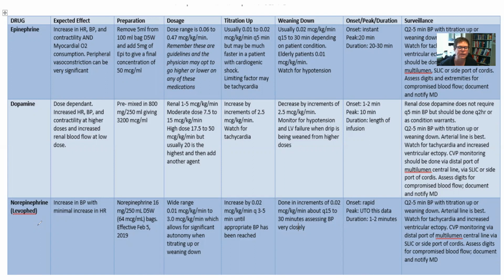And so I want to get you familiar with the name of this drug. I really quite like this drug. It is a nice vasopressor. So when someone says, my patient is on a vasopressor, the first thing that you should think of is tightening the pipes, causing vasoconstriction. And I like it because it increases your blood pressure,